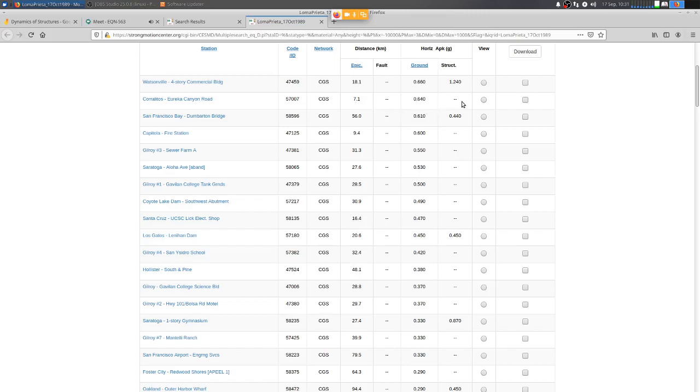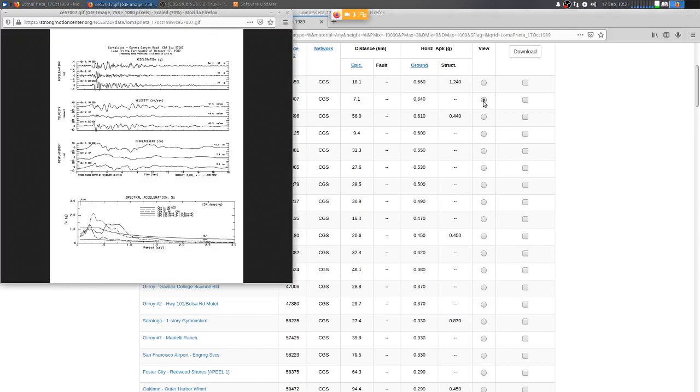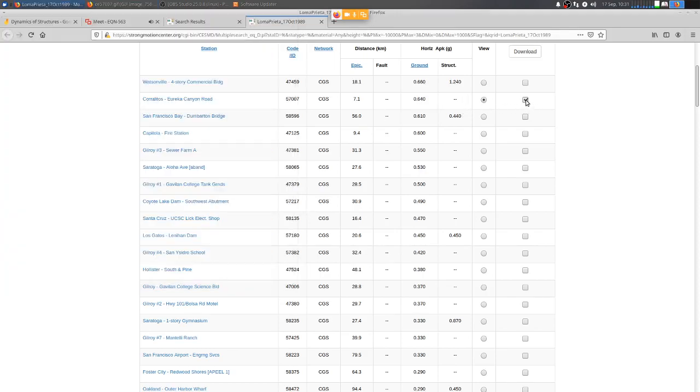Okay, 7.1. Okay, fine. Let's look at this. So this is what the ground motion is. This is acceleration trace, this is velocity trace, this is displacement trace, and this is response spectrum of the event of this particular record, right? So if I download this,